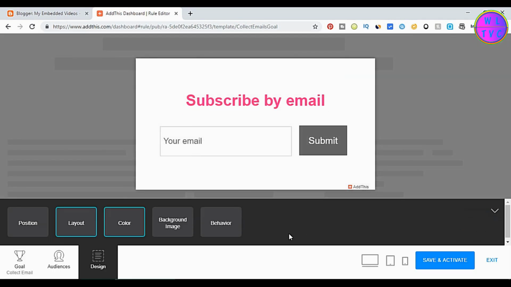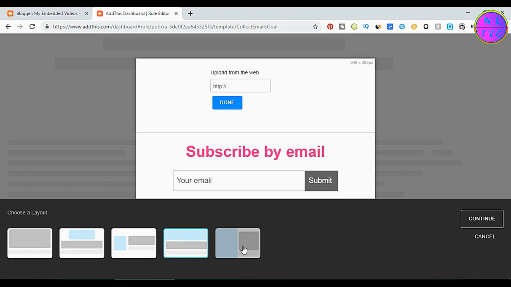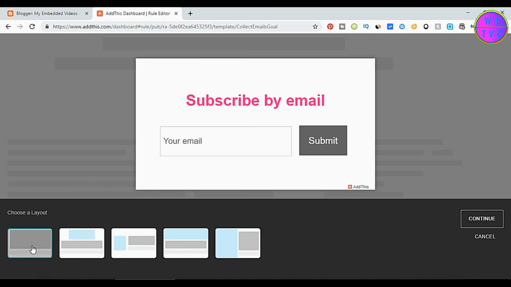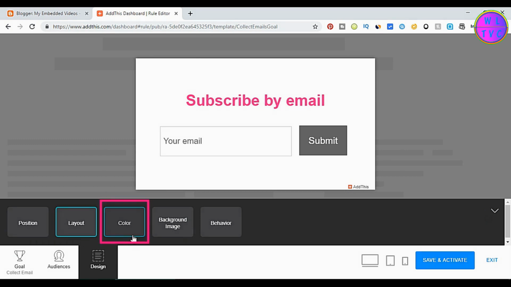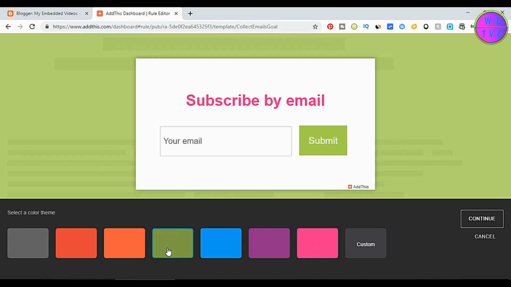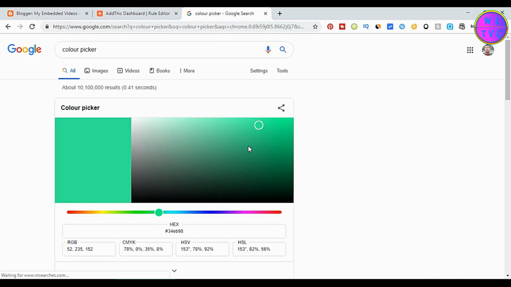Click continue. You can choose any layout here. I am choosing the first layout. In the color tab, choose the color you like. If you want to pick your own color, click on custom and Google as color picker.